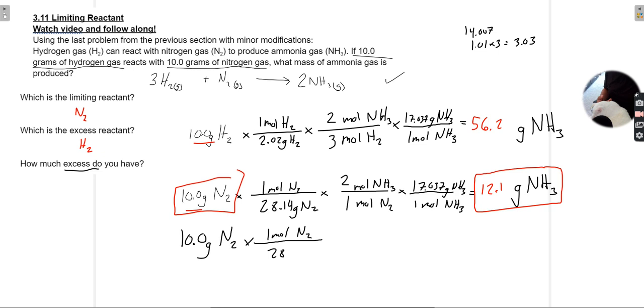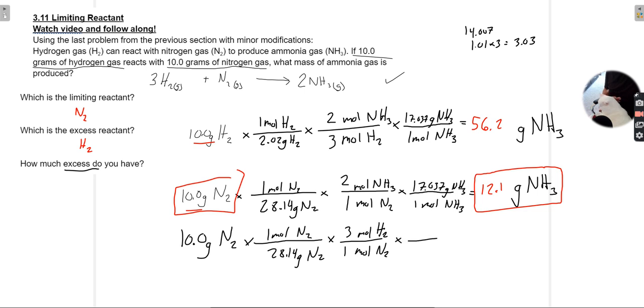All right, so 28.14 grams. I have a feeling this mass is wrong, but it's okay. Pika's here. So instead of going to ammonia now, we're going to go to hydrogen. So we need the mole ratio of N